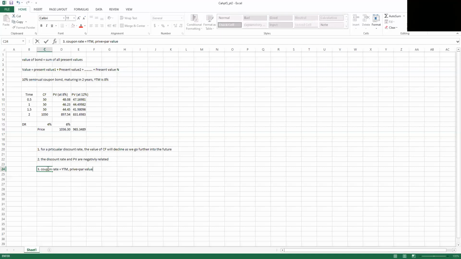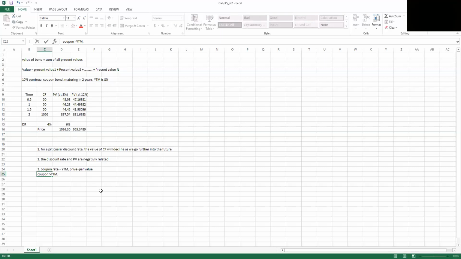But if the coupon is greater than the YTM, as was the case here when we calculated the present value at 8%,